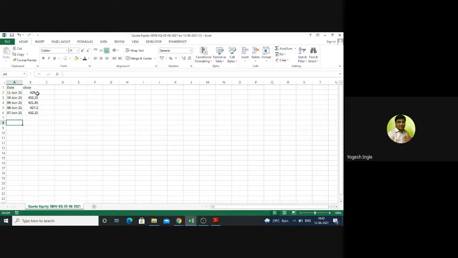Now I got the required input, so I will find out the day-wise growth of that stock. You know the formula to find out the growth: equal to open bracket current price minus previous price, close bracket, divided by previous price.